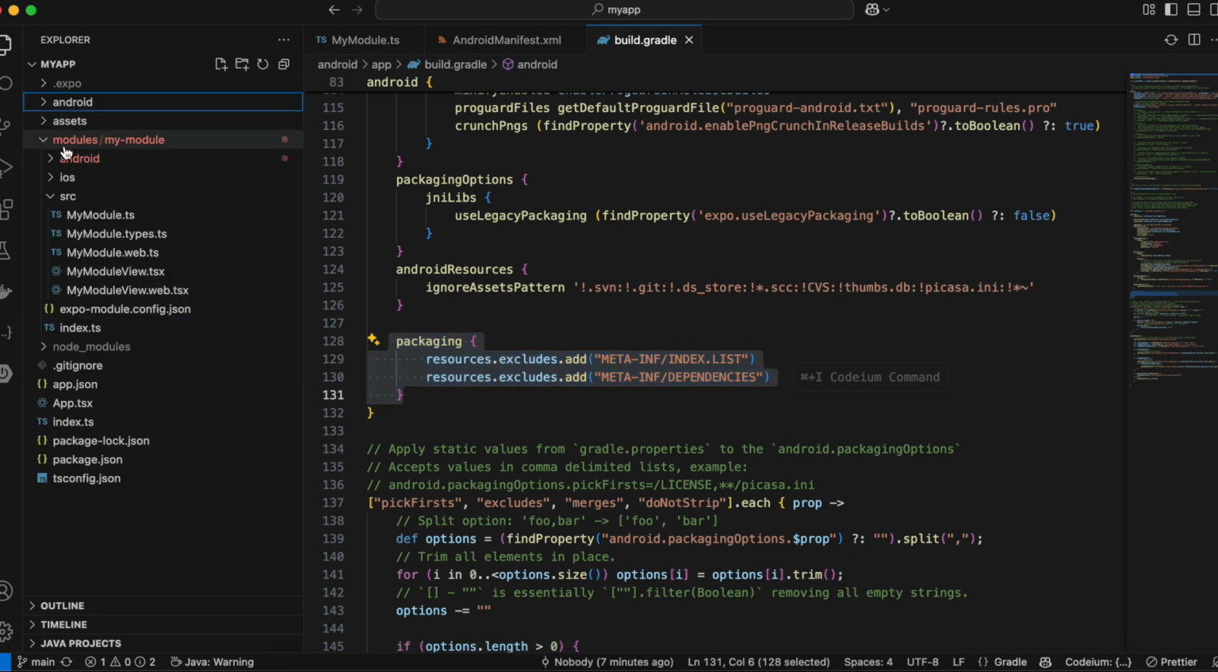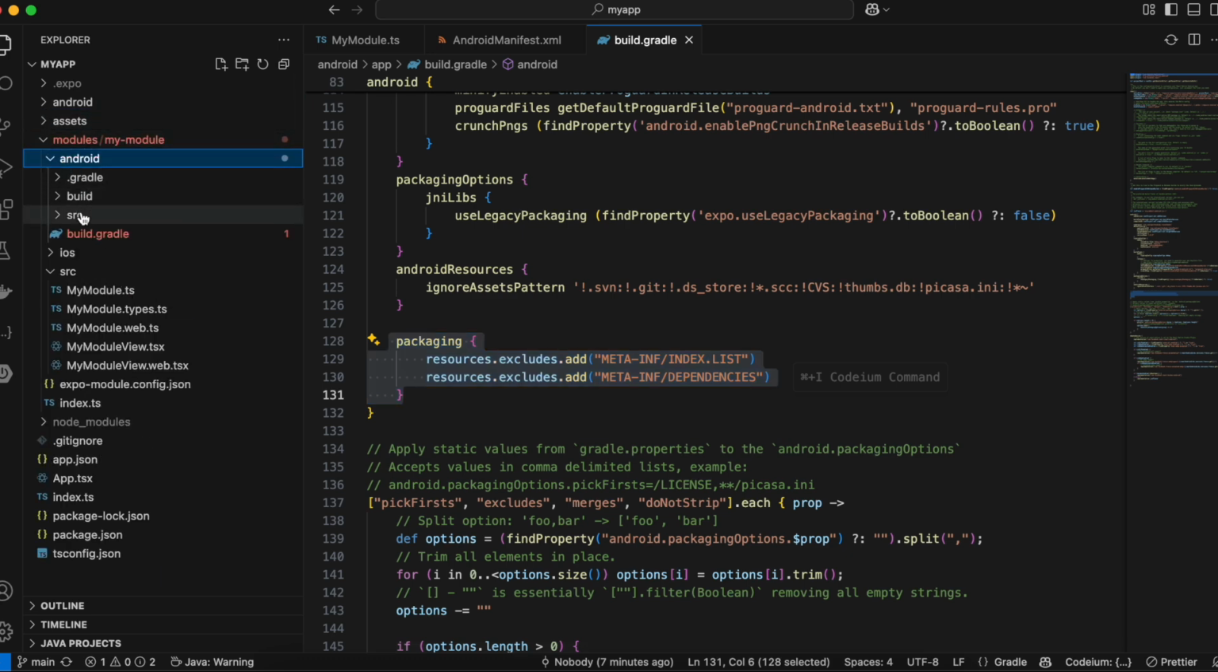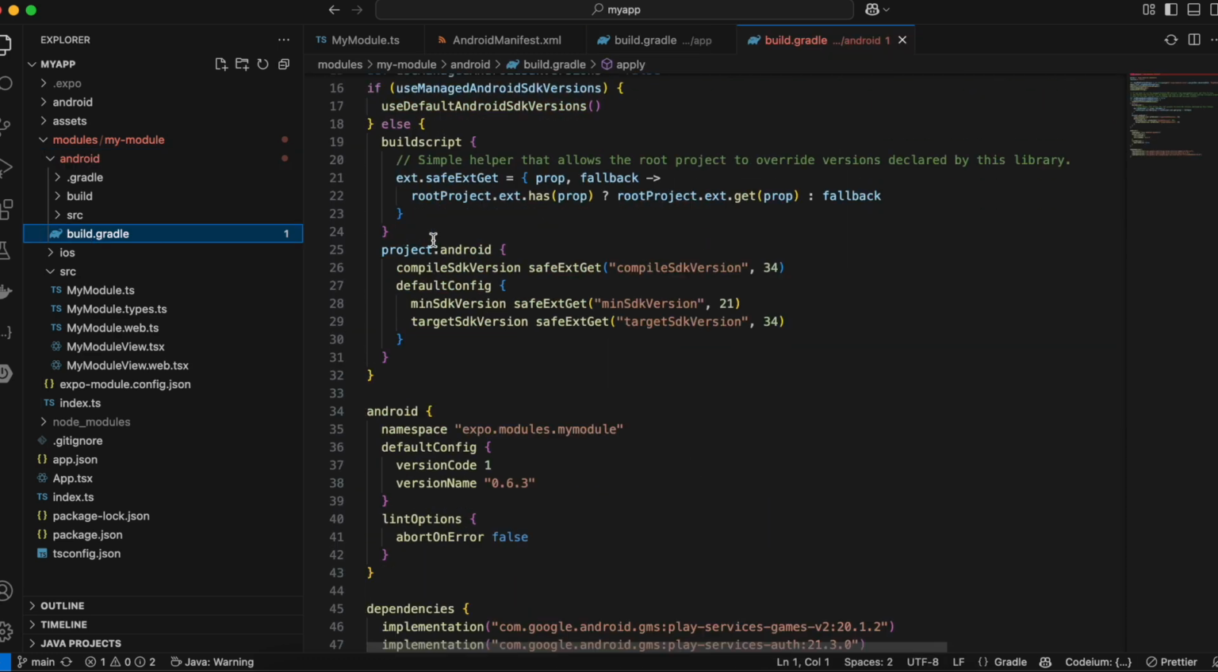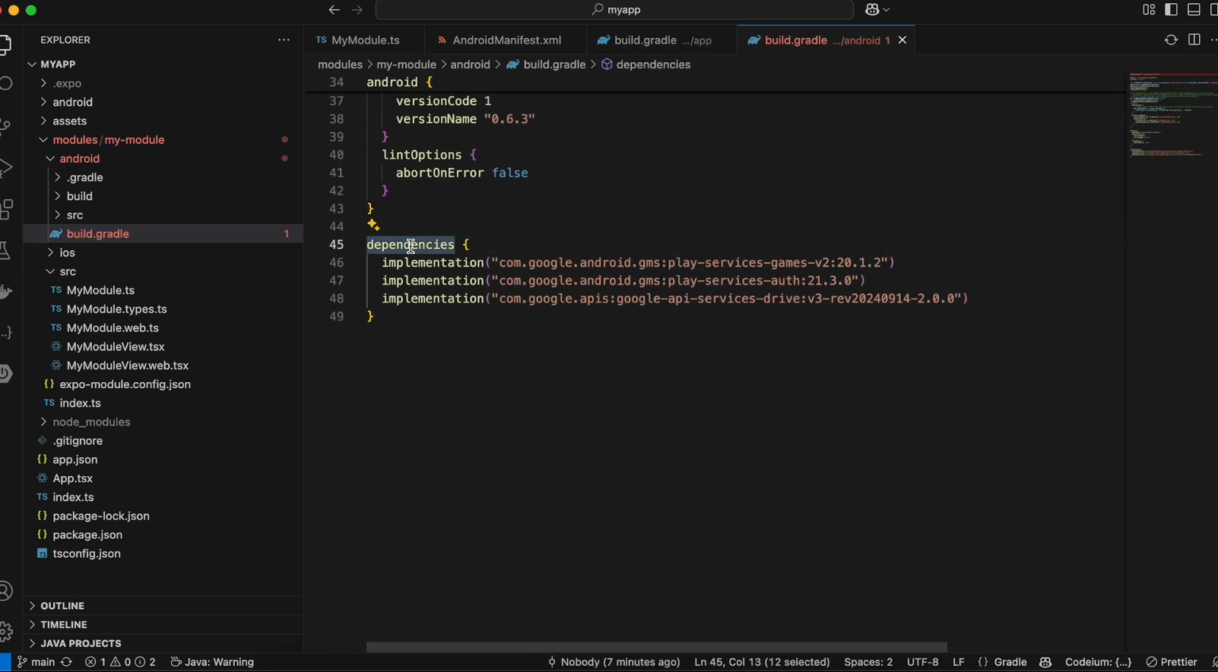Then go to the main Android folder of your modules, go to the build.gradle file. You will have to scroll to the very bottom and add this dependency section. First you have to add the Google Play Game Services for login, and the Google Play Game Services auth, as well as this Drive dependency for login via the Google account. Whenever we are saving and getting the game state, we have to use the actual Google account